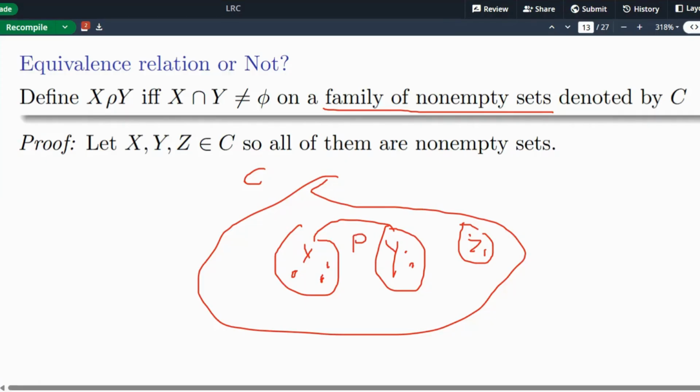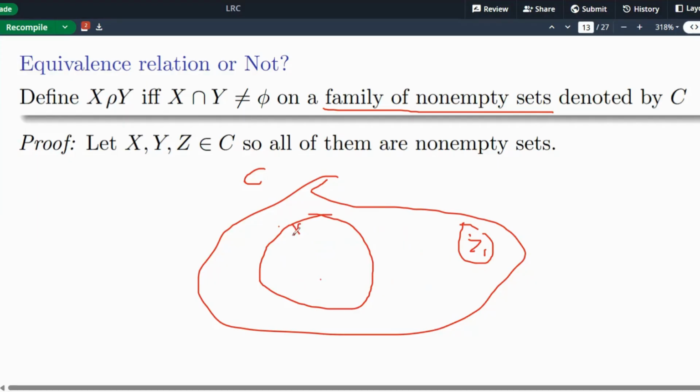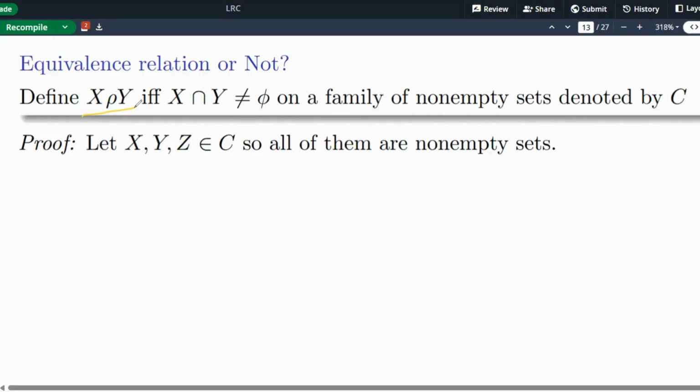So, baguhin natin yung drawing kasi hindi accurate. Okay. So, ito yung X natin. Ito yung Y. So, dahil may intersection sila, which is ito, rho, magjowa sila by relation rho. So, dahil may intersection si X at si Y, so X rho Y. Kasi rho yung tawag dun sa relasyon nila. So, basically yung sinasabi ng relation na to,